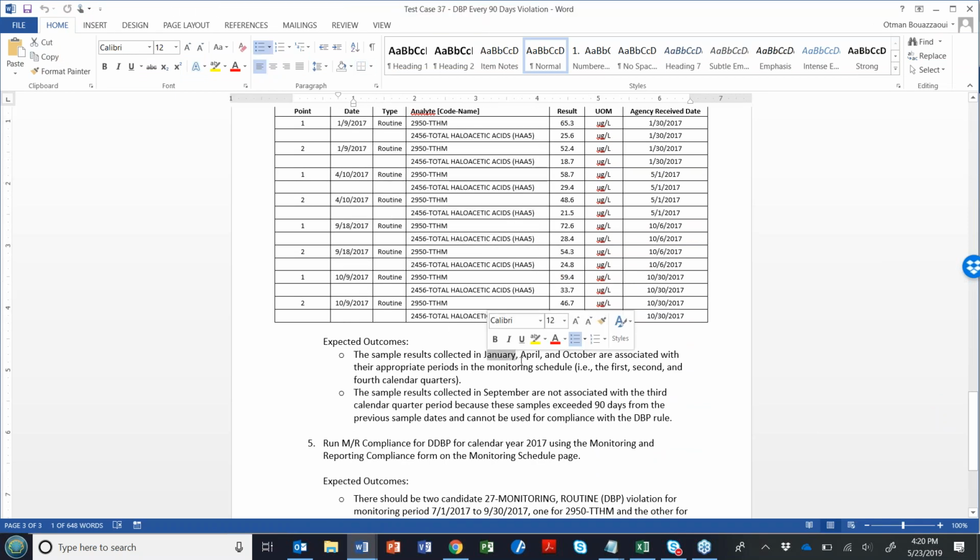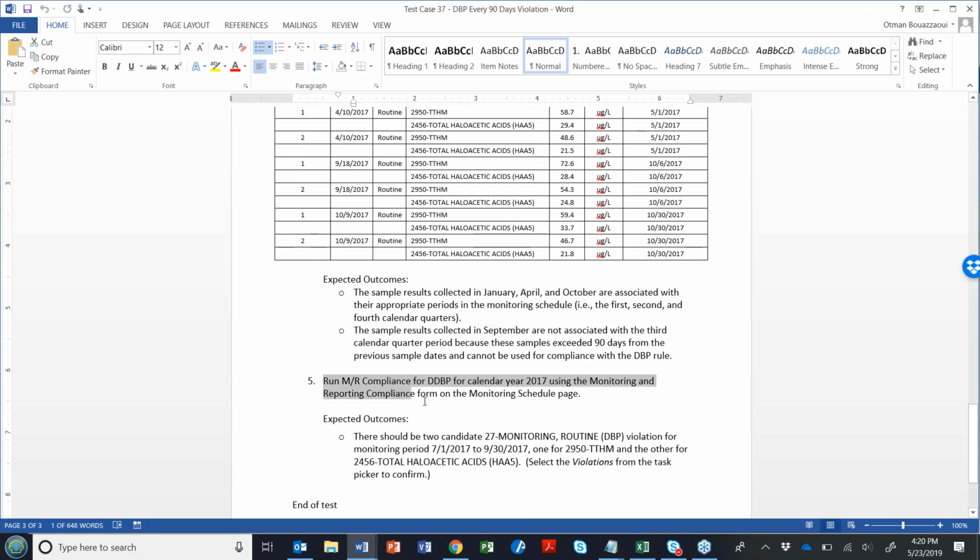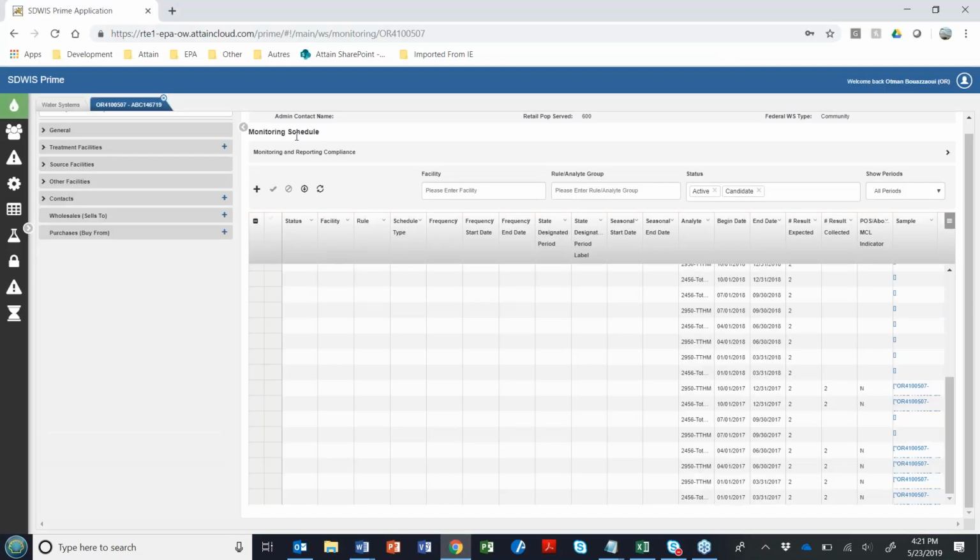Samples collected for January, April, October are associated with the appropriate periods, but the ones that were collected in September were not. What we're going to do next is run MNR compliance for the third quarter of 2017, and we should see violations created there. All right, let's go ahead and do that.